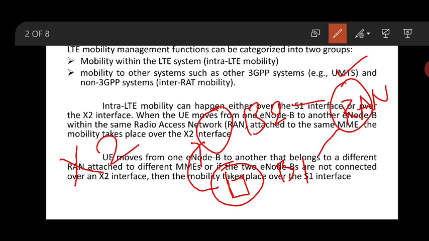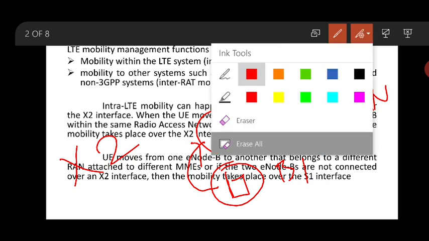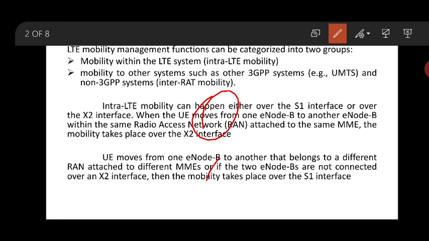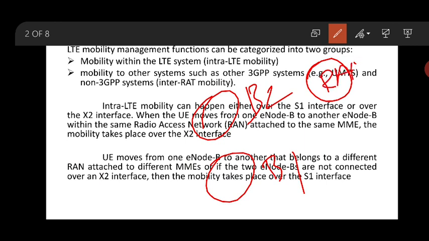we call it intra-cell mobility, and it uses the X2 interface. Now similarly, if I have two cells, B1 and B2, and B1 is connected with RAN1 and B2 is connected with RAN2, and your mobile phone is in